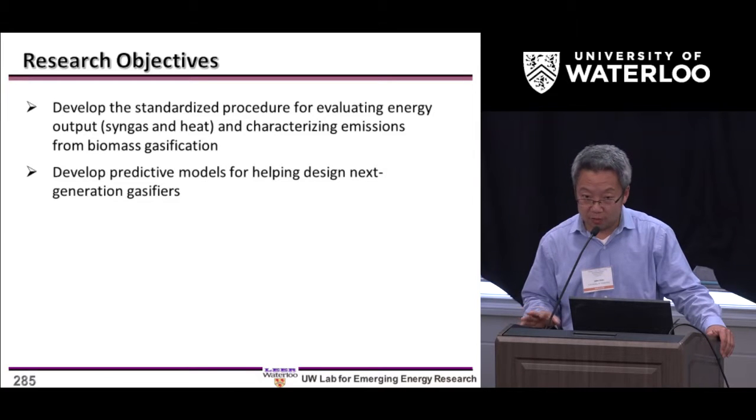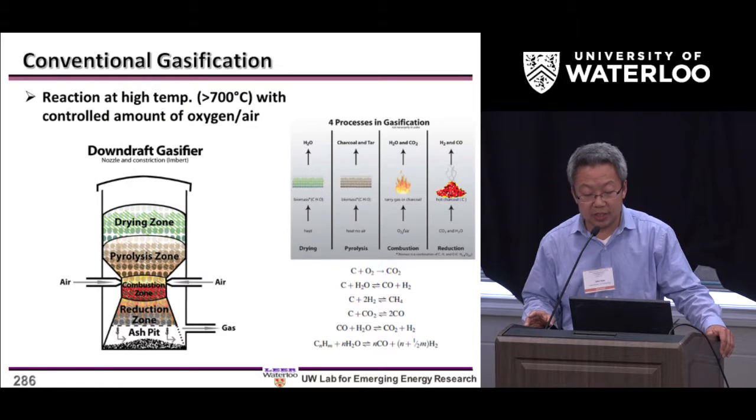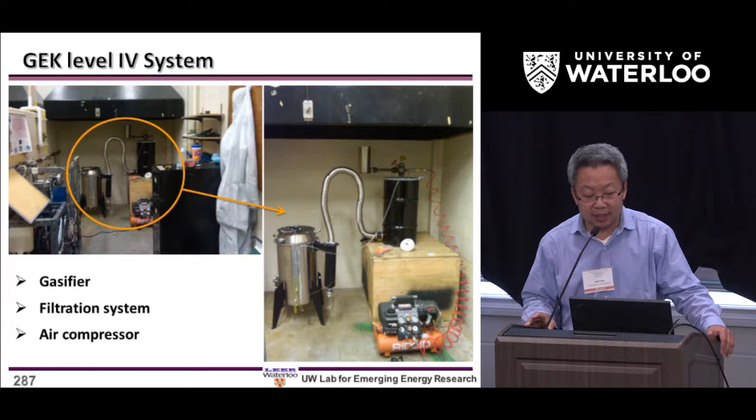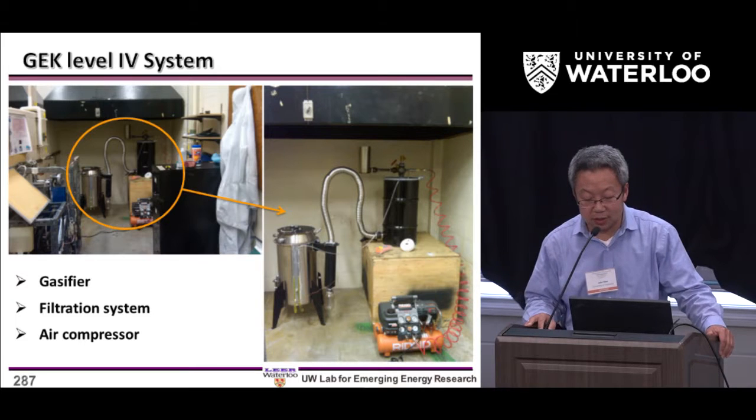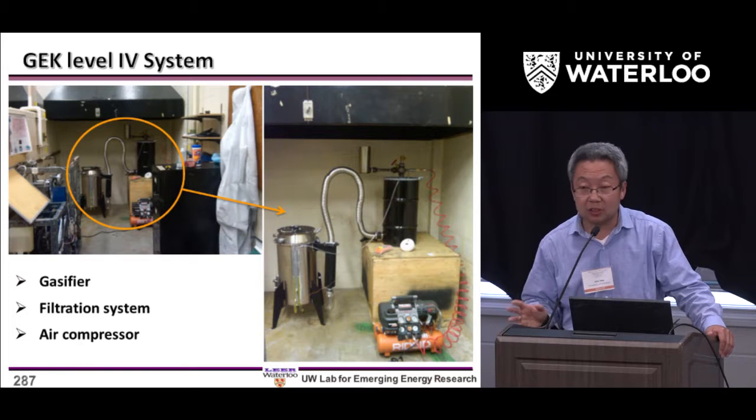Here we look at a lab-scale downdraft gasifier. We have well-defined zones within the gasifier, so we can look at each step. This is the gasifier we bought from the market. It has the gasifier itself, a filtration unit on top of that wood box, and we need an air compressor to increase pressure within the gasifier because it's downdraft. I want to say that we definitely need some electricity as input to gasify this biomass.